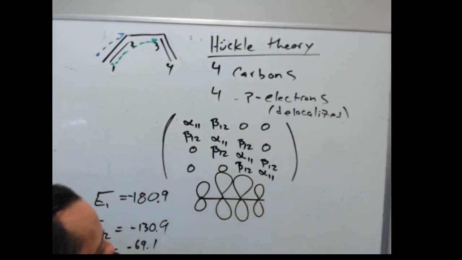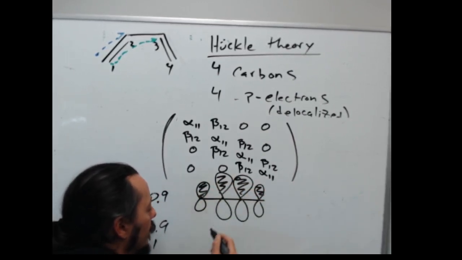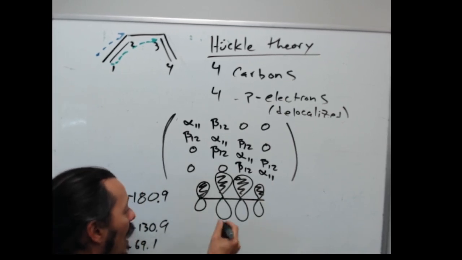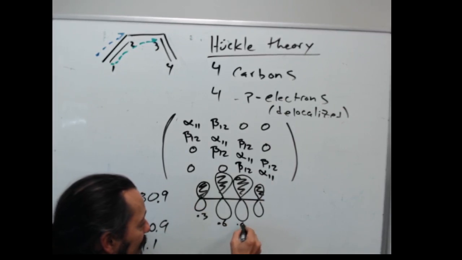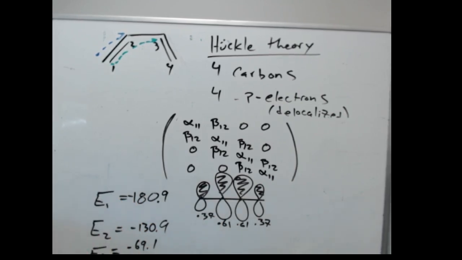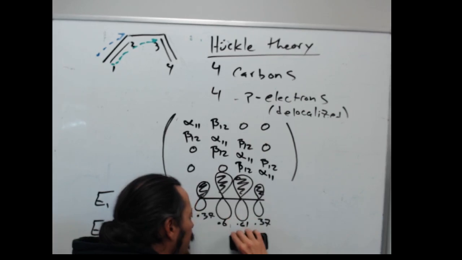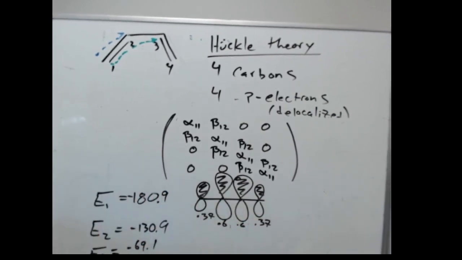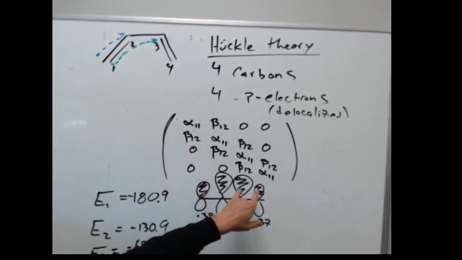Right, where I'm using the size of the orbitals to communicate the coefficients. I'm going to simplify those. For our first answer, we got 0.3, 0.6, 0.6, 0.3. Just leave it as 0.6. I drew these a little bit bigger to communicate that larger contribution, and they're all in the same